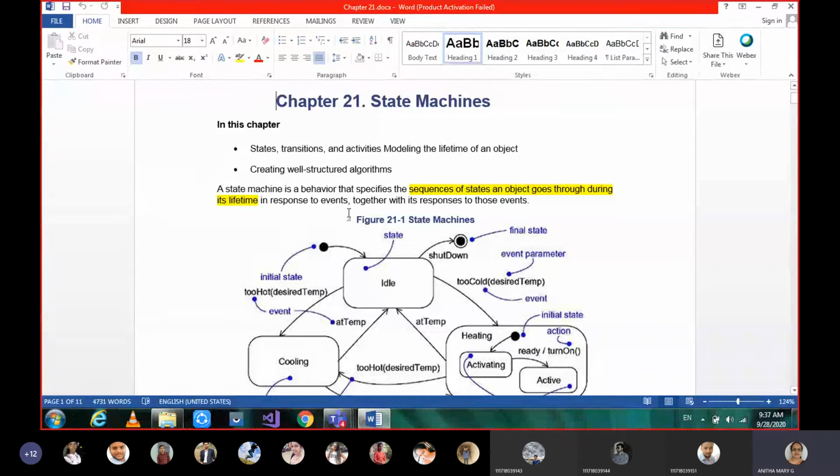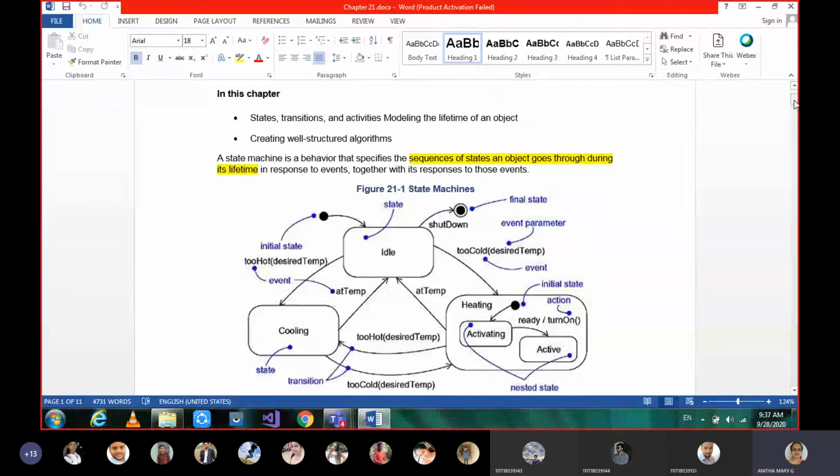Since it comes under behavioral diagrams or behavioral things, using these state machines we can get the behavioral aspects. That is what state machines are about. And what is a state? At a particular point of time, it is a condition or a situation during the lifetime of an object.